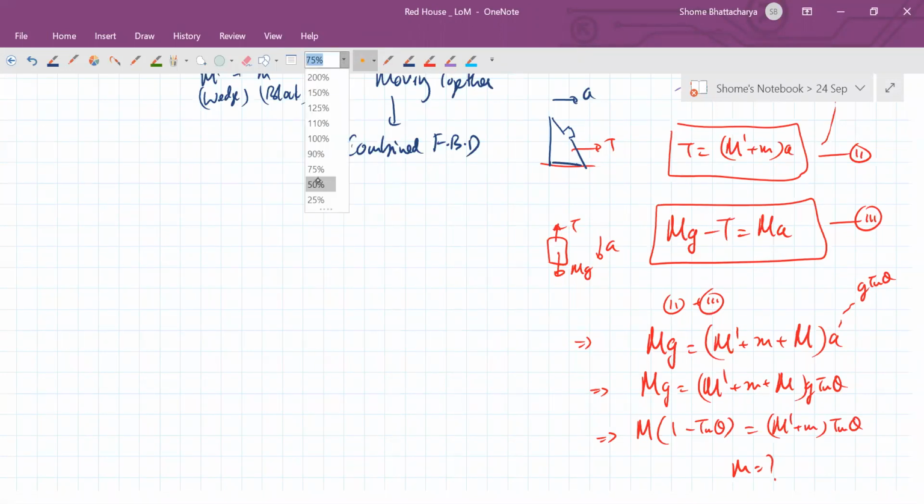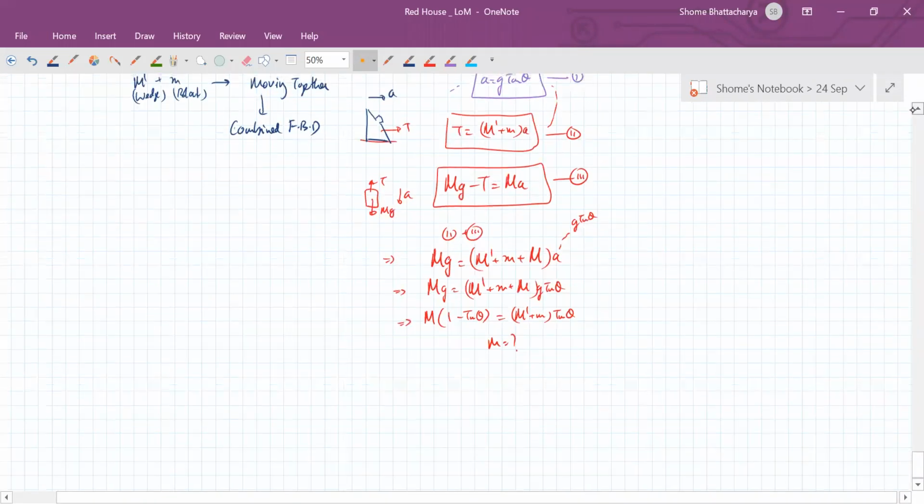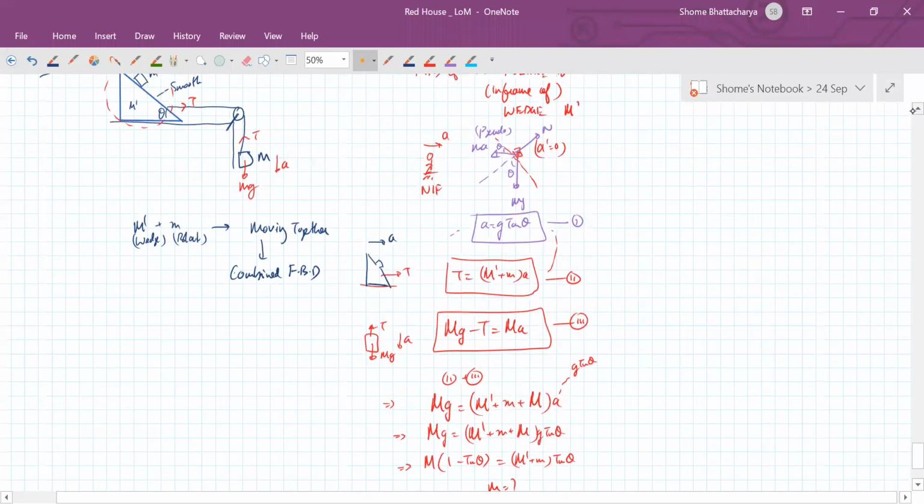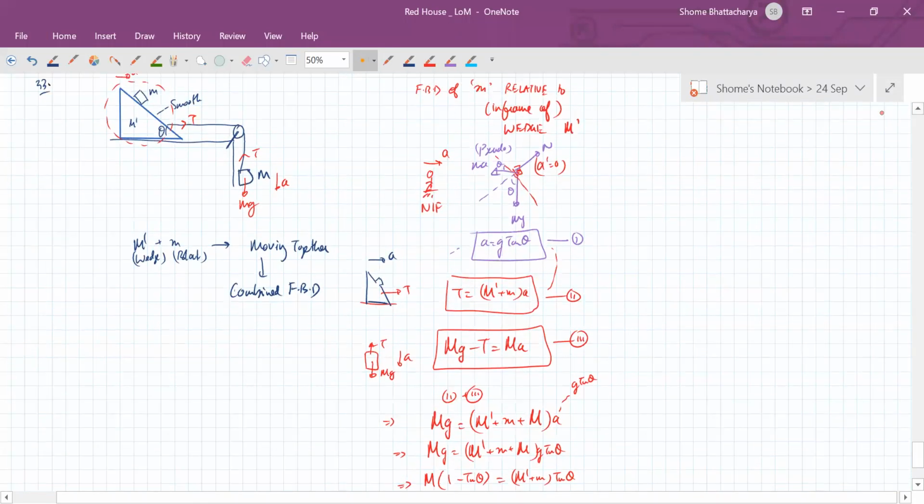So we have done a numerical version of this question, okay, where theta was I think 37 or 30 or something like that. Okay. But this is a very important type of question to understand the application of pseudo force. That's why I've repeated it over here, even though we did it earlier. Yes, Nikita, question 24. Okay. Yeah, 24 is also an important kind of thing to understand.